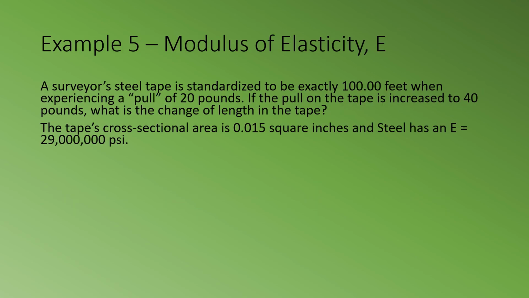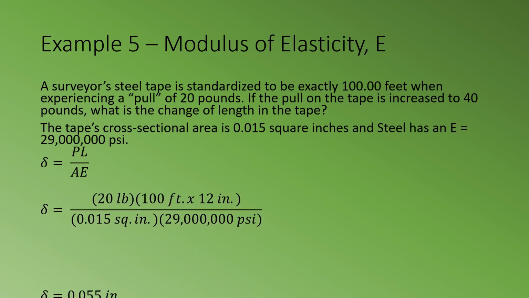In example number 5, a surveyor's steel tape is standardized to be exactly 100 foot when experiencing a pull of 20 pounds. If the pull on the tape is increased to 40 pounds, what is the change in the length of the tape? Note, the tape's cross-sectional area is 0.015 square inches and the modulus of steel is 29 million psi. Using the formula for deformation, the applied force times the original length divided by the area times the modulus of elasticity, and plugging in all those numbers,